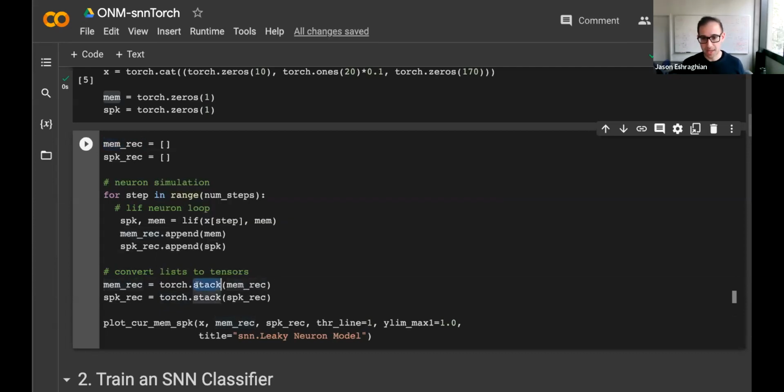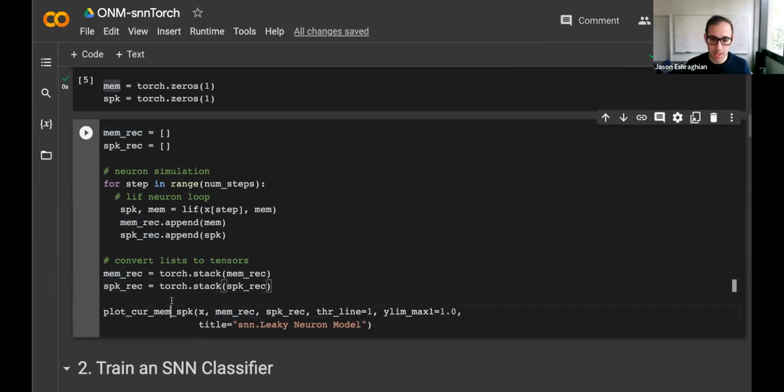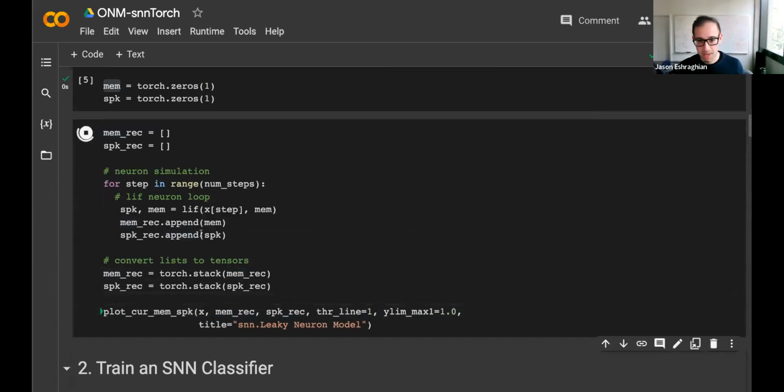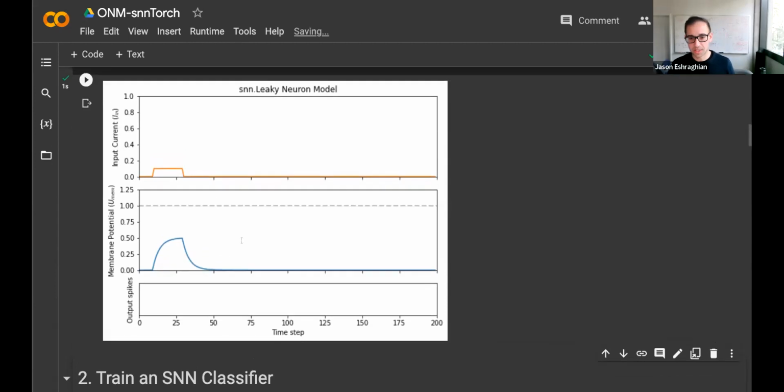We can do that by calling torch.stack and passing a list. And I guess whatever the sequence of the list is, that is going to be turned into the 0th dimension of your tensor. So it's just kind of like adding a new dimension in a tensor. And we can do this with any size tensors, as long as it fits on your GPU. And I've already included this function here just to plot this stuff. So hopefully this works. Let's see what happens. Awesome, we got something.